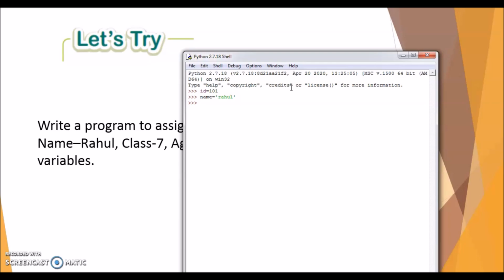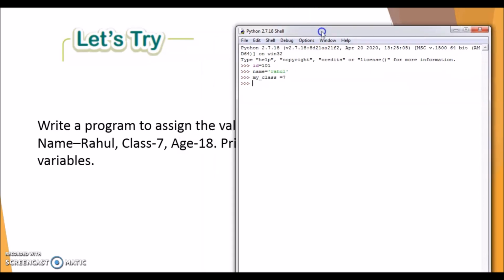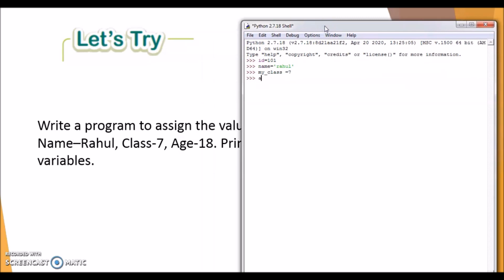Here class is a keyword, so we can't use it directly. We would use something like my underscore class equals 7. Next is age equals to 18, and so on.